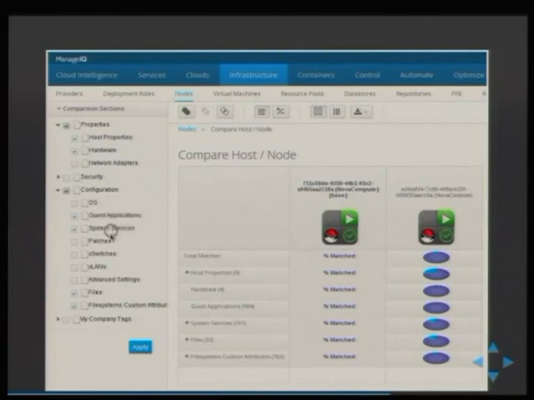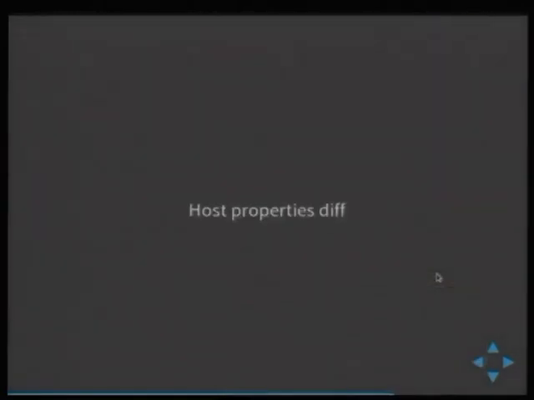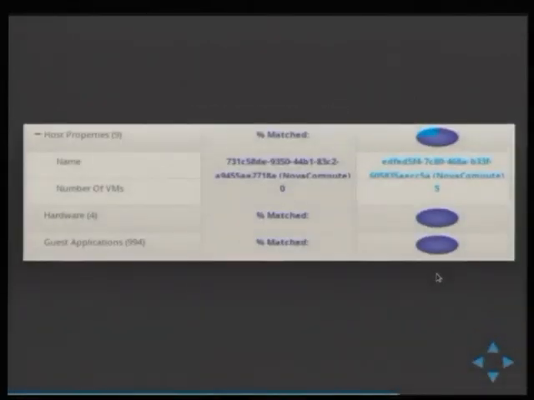So again, select what you want to compare. Here you will see the percentage of how same they are. So this is 100%, this is 75%, so 25% difference. And again, we can look at the details of the difference. So host properties, you would expect that it's a different name, different number of VMs on the host, so that's